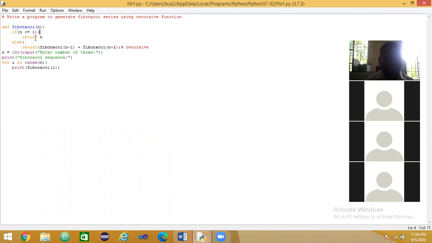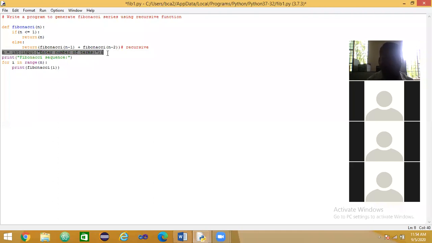If this condition is true, it returns n. If it is false, it goes to the else part, and here the important thing is the recursive function, and also it adds the last previous numbers of the series to get the next number, and here is the reading